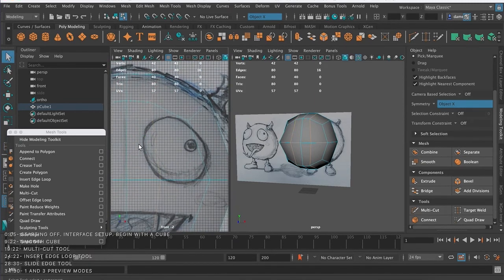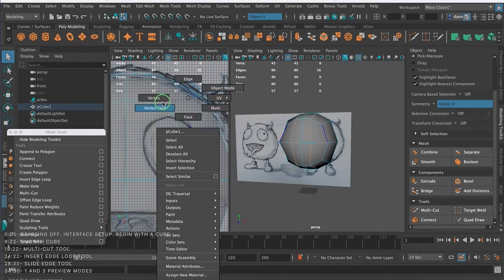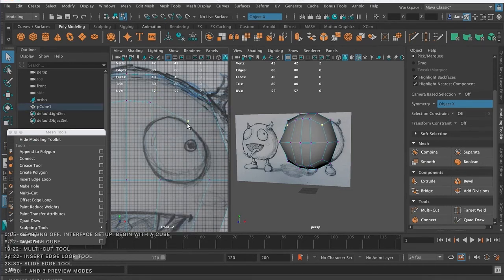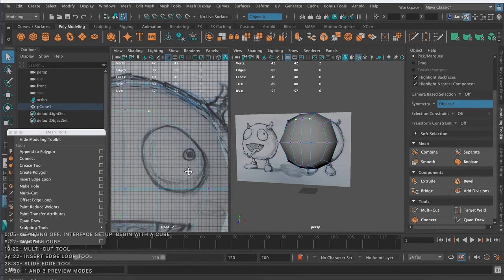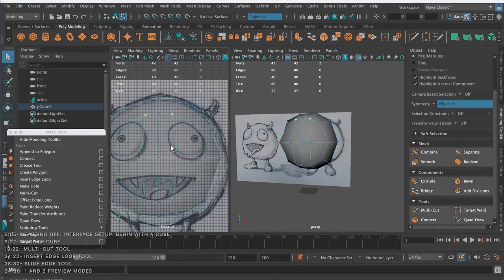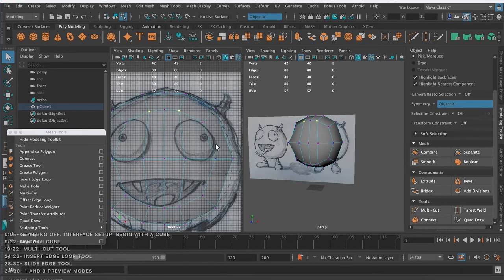And so this seems a little weird, but keep in mind that if we look at this in vertex mode, so hold right click, go to vertex, this vertex is in a great spot right here because it's at the corner of where that eye is. This vertex is close. I might want to bring it in just a tiny bit. This vertex is good right here. And then this vertex I need to adjust. So, we're about to make those adjustments, but that brings me to why I like to just reemphasize